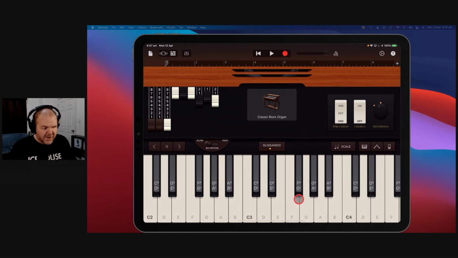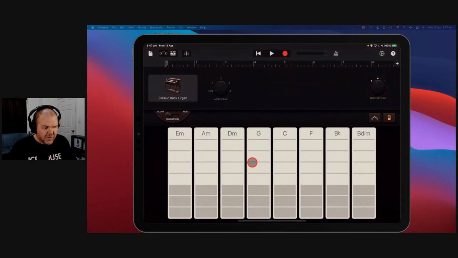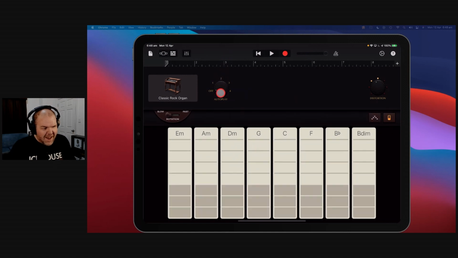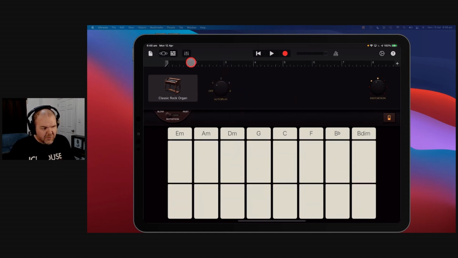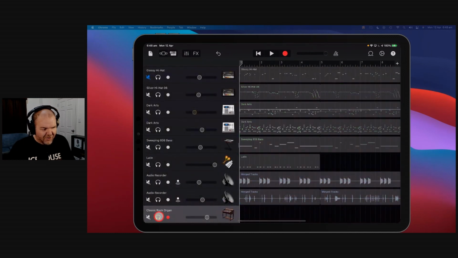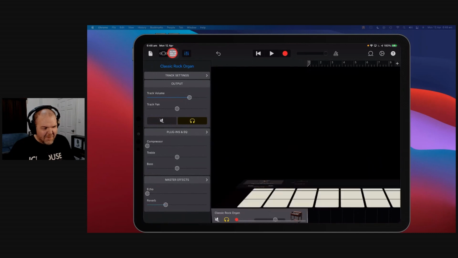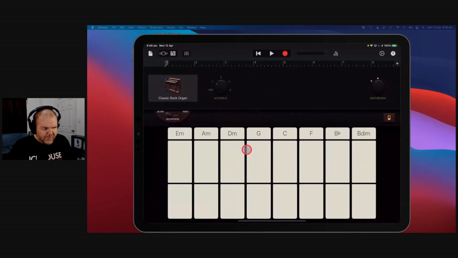you can play away and you can play individual notes. You can come in here to your chords mode, as you probably know, and you can play that. But you've also got your autoplay function here, and you've got autoplay 1, 2, 3, and 4, and these can create some pretty darn cool sounds. Let's just come back out here because I don't think this will go along with our track that we have at the moment. So let's grab our organ, come back in here, and what we can do, if we tap